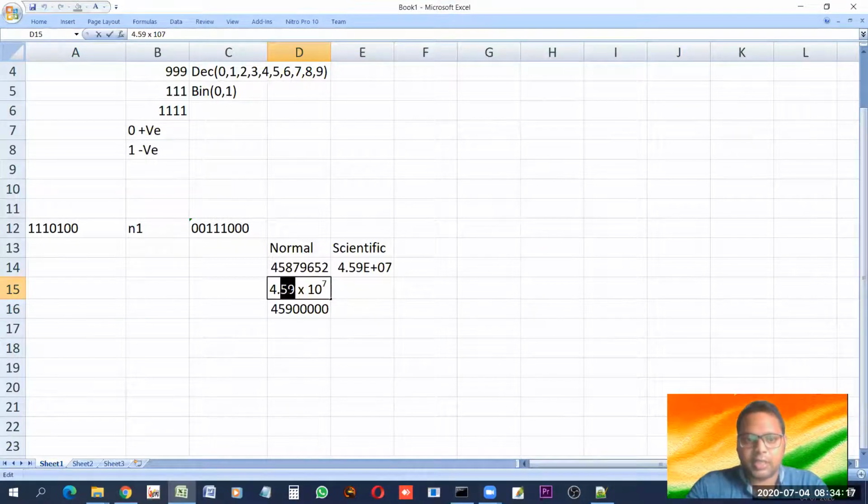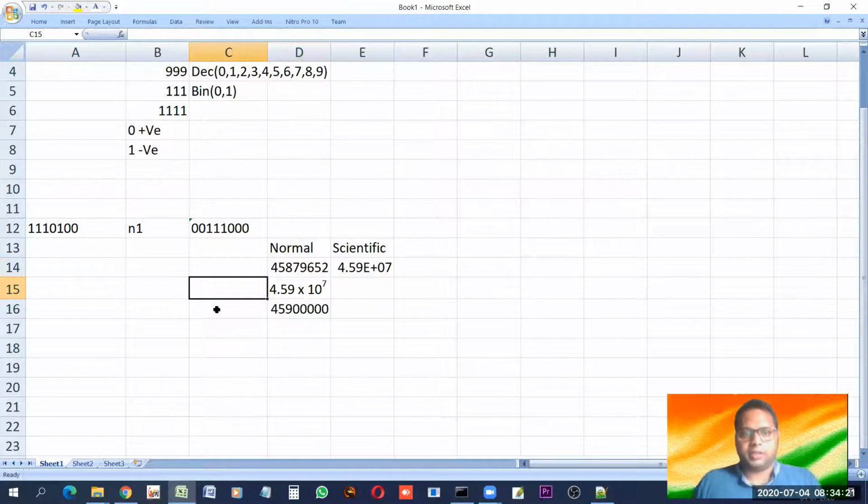I mean, instead of writing just 5 9, we could have written 4.5879 times, or let me just copy this and paste it and make the correction here. 5879 times 10 to the power. This could also be written.